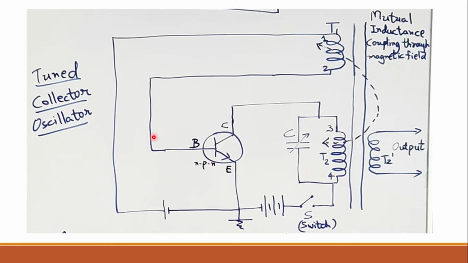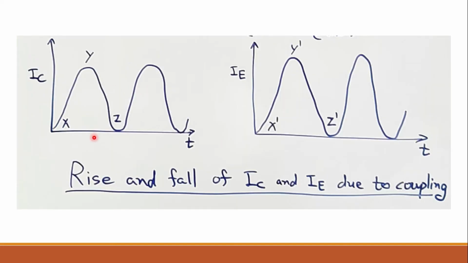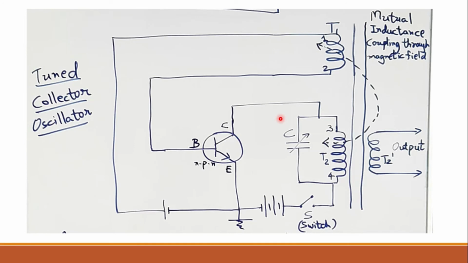Until the point when base current becomes less than the cut-in voltage, right? At that time what will happen, that the transistor will become switched off. So now the transistor has become switched off, or we have reached the minimum level of this output current. We have reached the Z level of this output current. Initially it was X level, it is gradually increasing up to Y level, then it starts decreasing and it gradually reaches Z level, or the minimum level. So now the current IC has reached the minimum level, right?